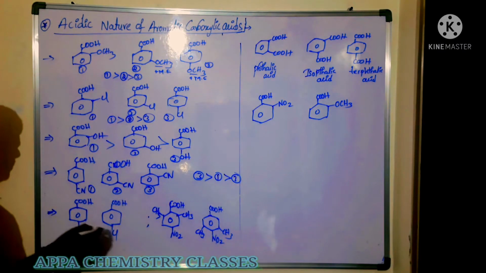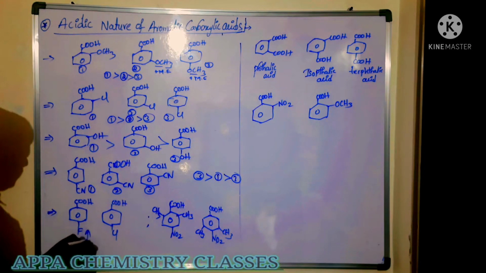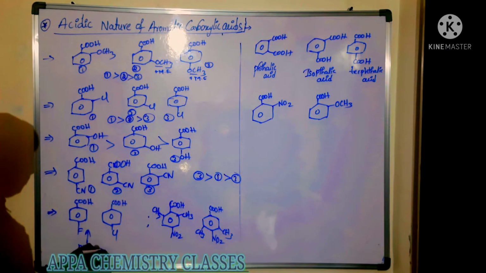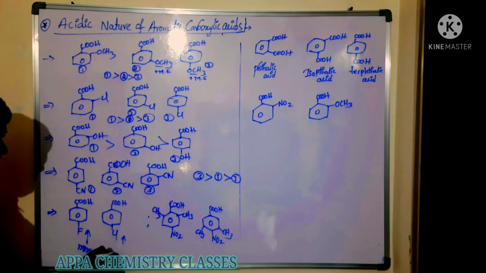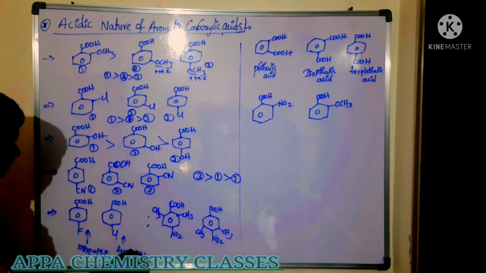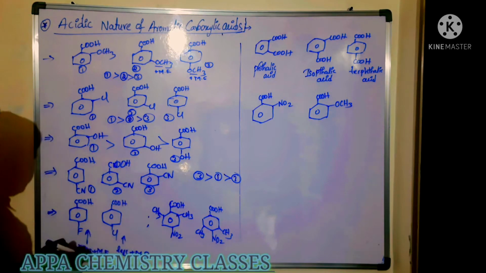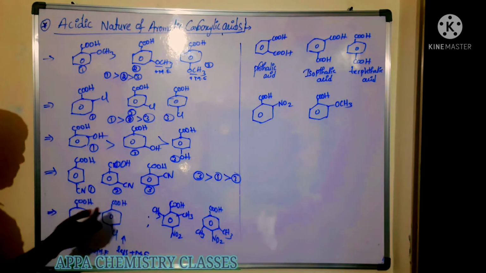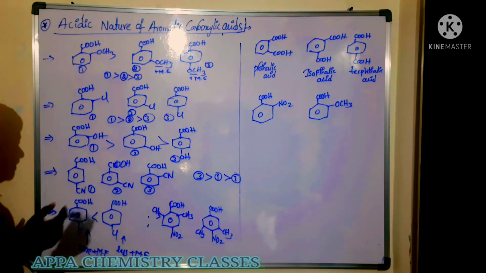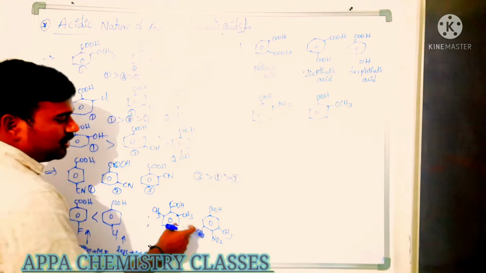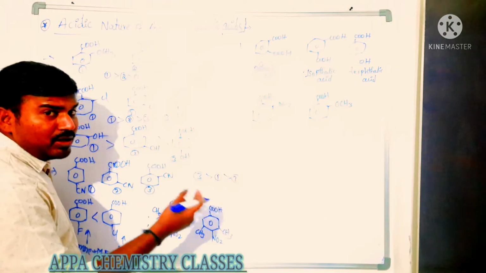Next, among fluorine and chlorine, fluorine has a plus M effect, that is plus mesomeric effect, but somewhat less plus mesomeric effect. So it is less electron releasing when compared to this one. When it has less electron releasing nature, it has more acidic nature. Okay? So it is more acidic when compared to this. I had explained this to you in phenols also.